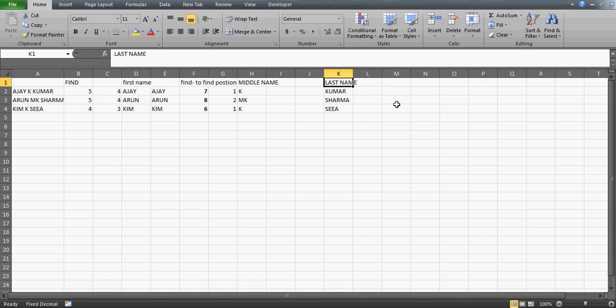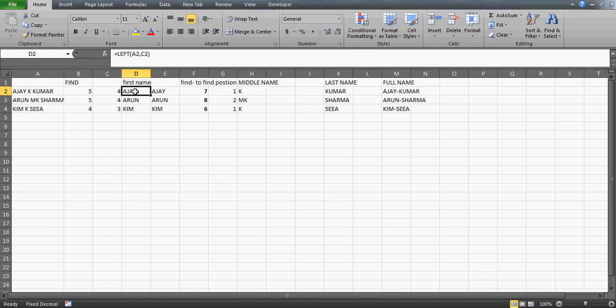So I can drag it, and once you have these names, you can combine them, like this one and this one, and drag it, and you'll get these names, right? So you can even extract it, and you can even create a hyphen sign, right, like this. So whatever way you want to create, you can create it.